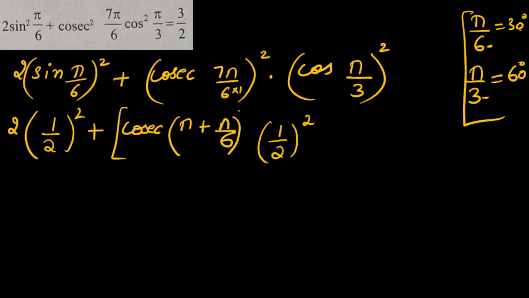Now on this we have the whole square, you can see here. So we know we can simplify this: 1 by 2's whole square is 1 by 2 into 1 by 2, plus